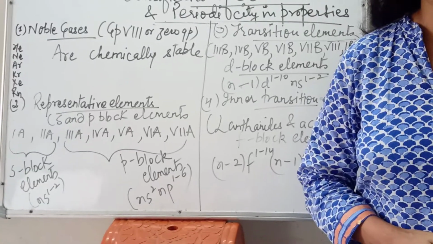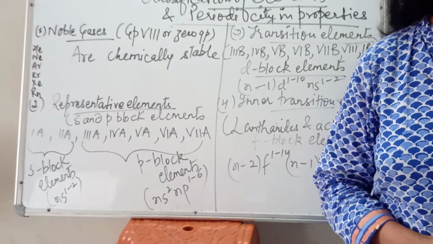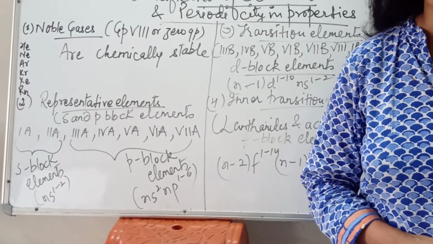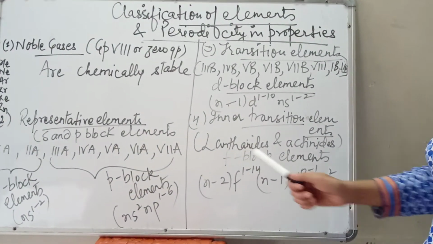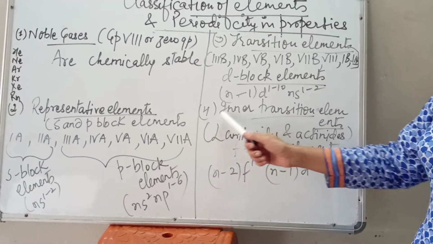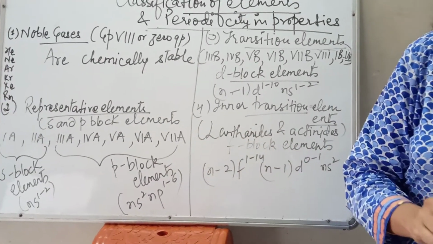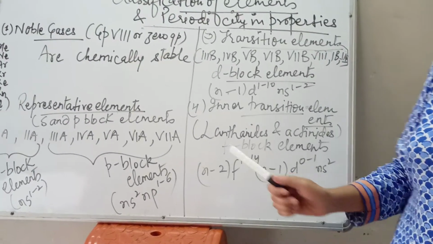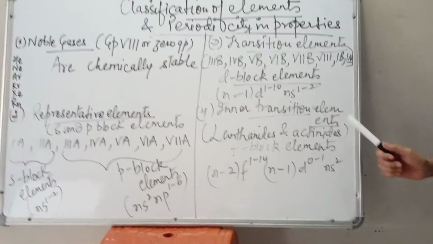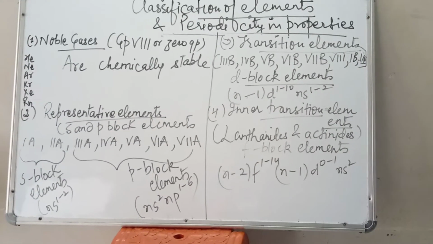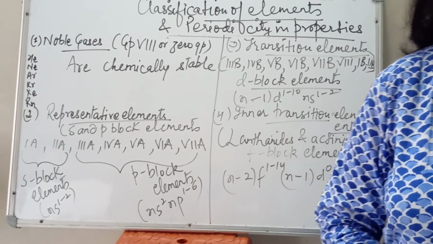If we talk about complex compounds, then in 12th form you will study one full chapter on complex compounds. Alright, then lanthanides are not radioactive except one lanthanide, that is promethium, which is radioactive. The rest are non-radioactive, but all actinides are radioactive. So these are all the characteristics of the elements. That's all, children.